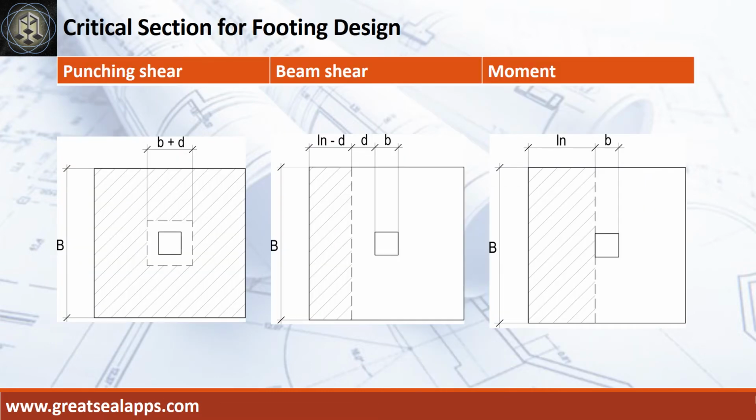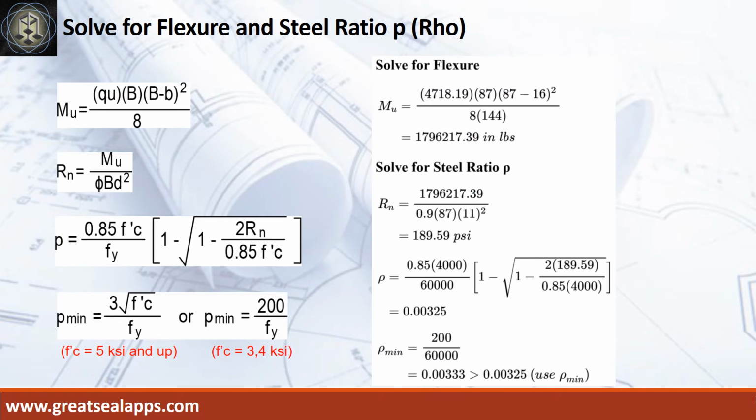Critical section diagrams for punching shear, beam shear, and moment evaluations. Given ultimate soil pressure equals 4718.19 psf, footing width equals 87 inches, and column side equals 16 inches, the maximum moment is 1,796,217.39 inch-pounds. Given resistance factor equals 0.9, B equals 87 inches, and D equals 11 inches, the beam design ratio